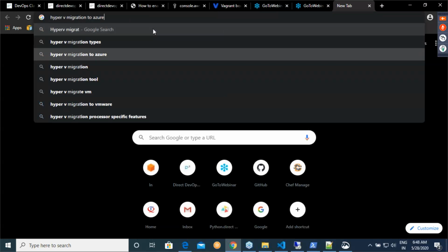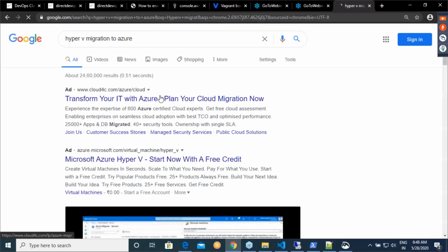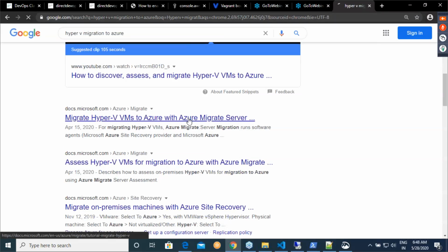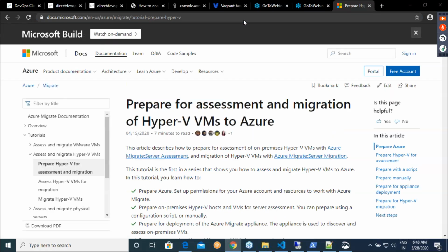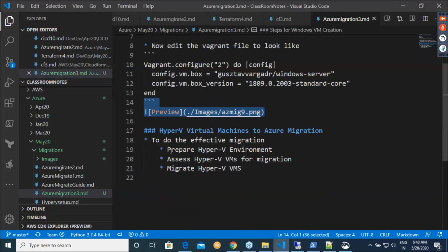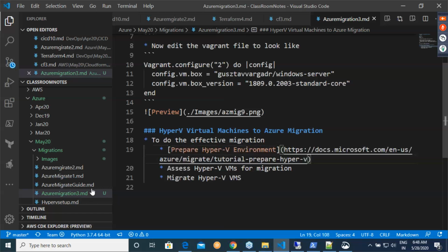Hyper-V migration to Azure. So I'm going to give you the links for them.